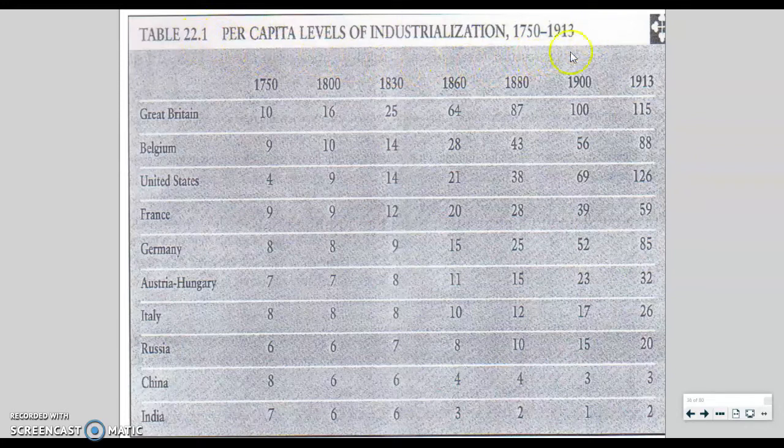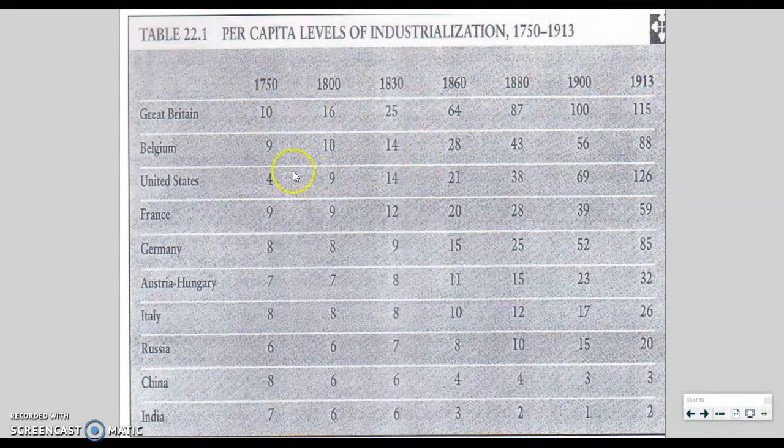So my dear students, whenever we look at a table, chart, or graph, we always want to begin by looking at the title and trying to figure out what that's telling us. So per capita means by population. So this is looking at the level of industrialization in these countries divided by their population. And we're looking at this from the years 1750 to 1913. So almost a 200-year time span, from the origins of the Industrial Revolution to its expansion